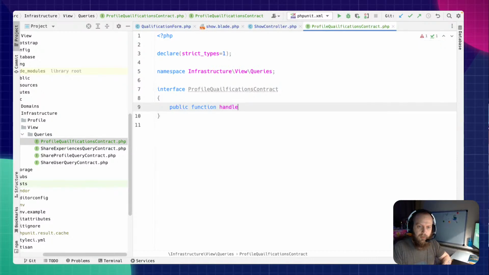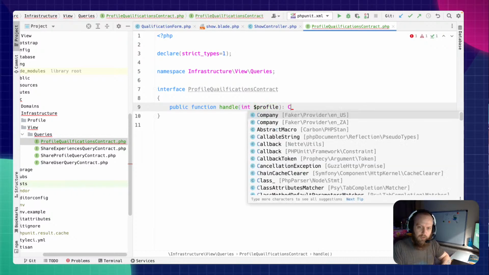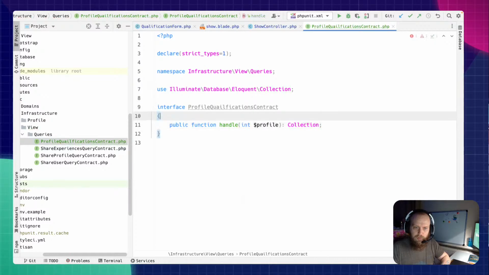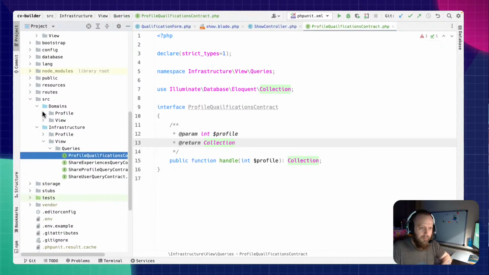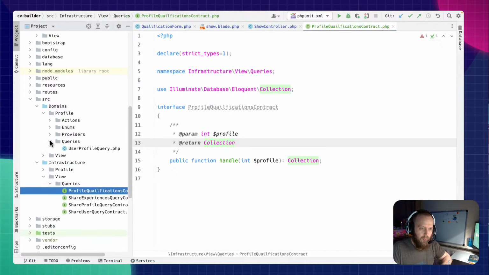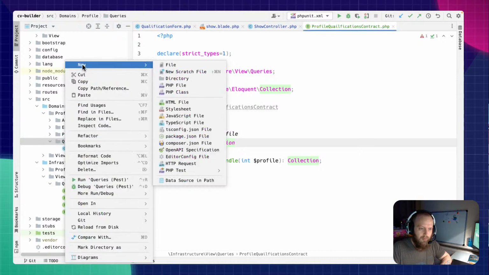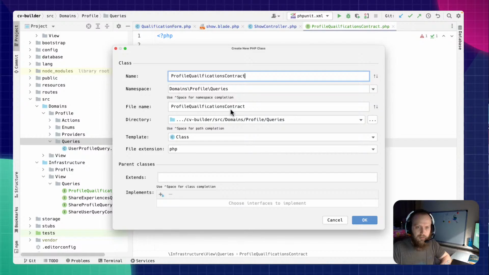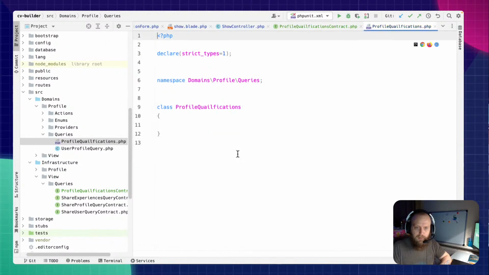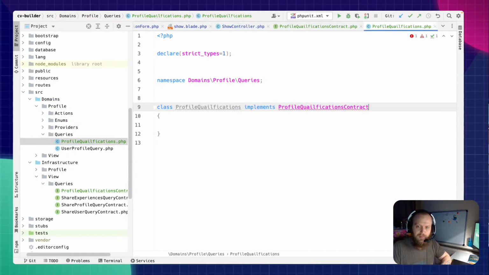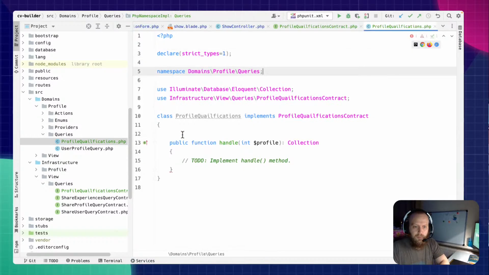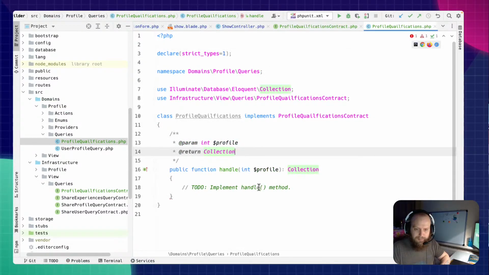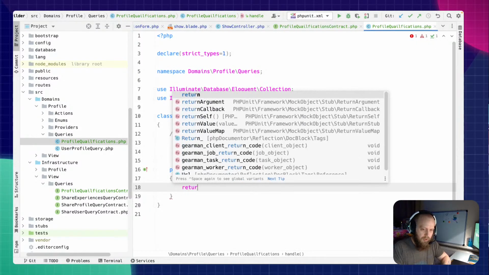Public function handle. This is going to get the int for the profile, and it's going to return a collection of models. So then in our domain, profile, queries, add a new class, add that one, implements that, add the method stub, do some cleanup, add this in here. So what we want to do is return